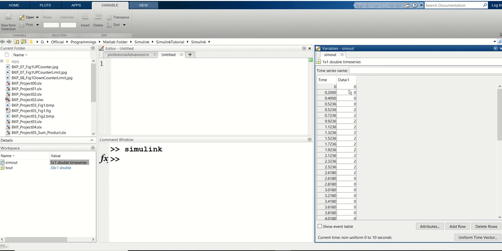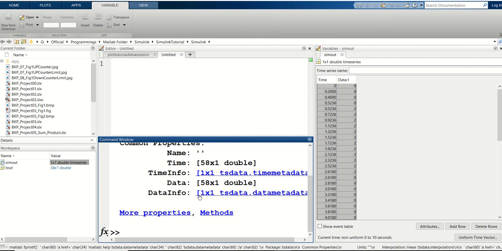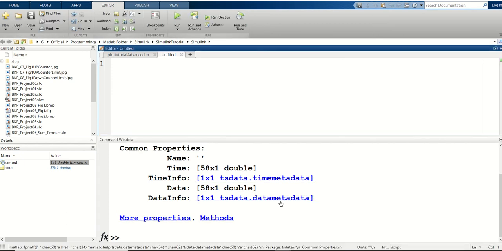So time versus data, you have everything. We can plot these values from MATLAB directly. For this, take up this simout. It tells us that we have time information and data information, ts data dot data table and ts data dot data table.